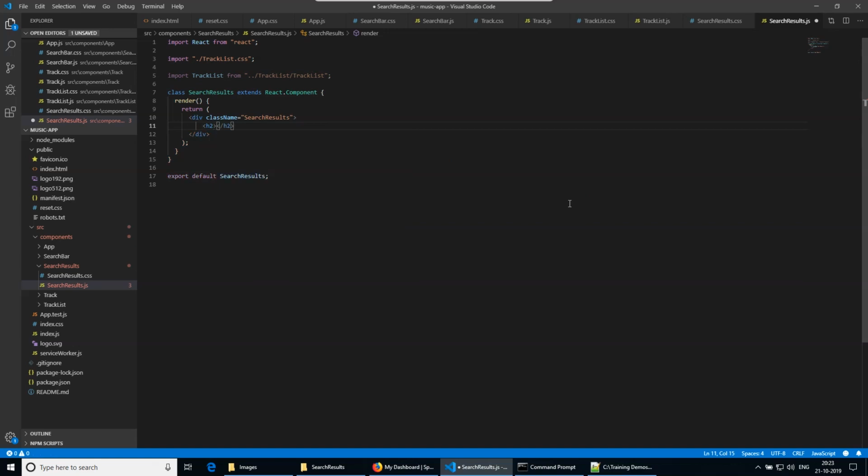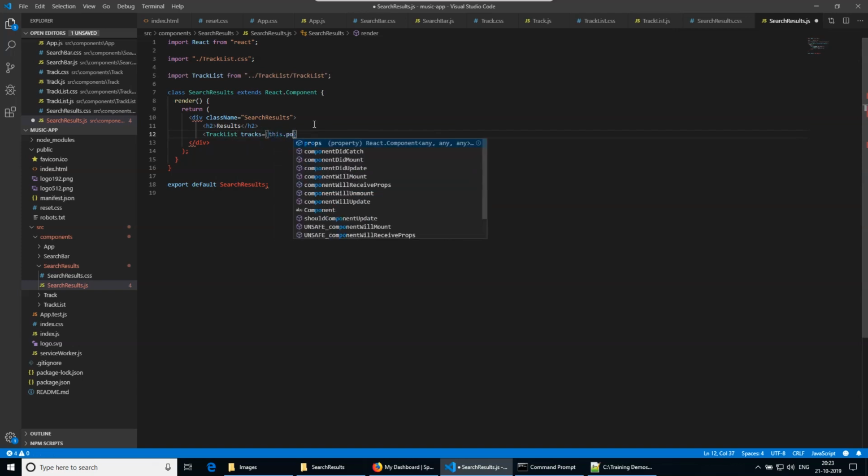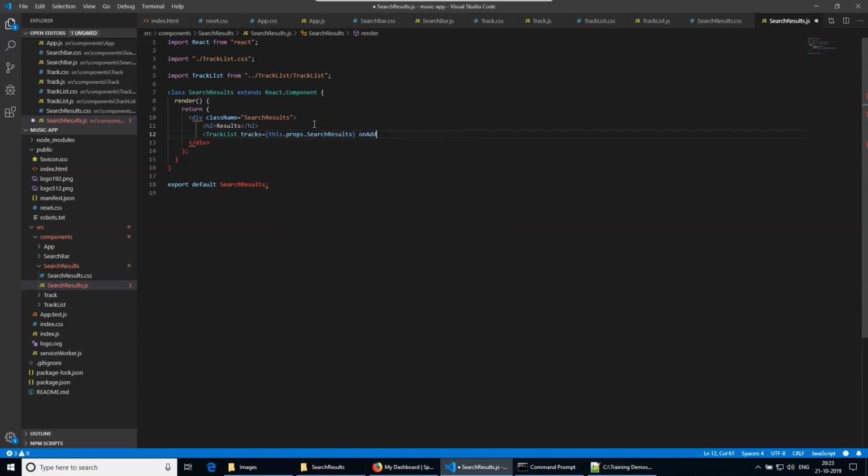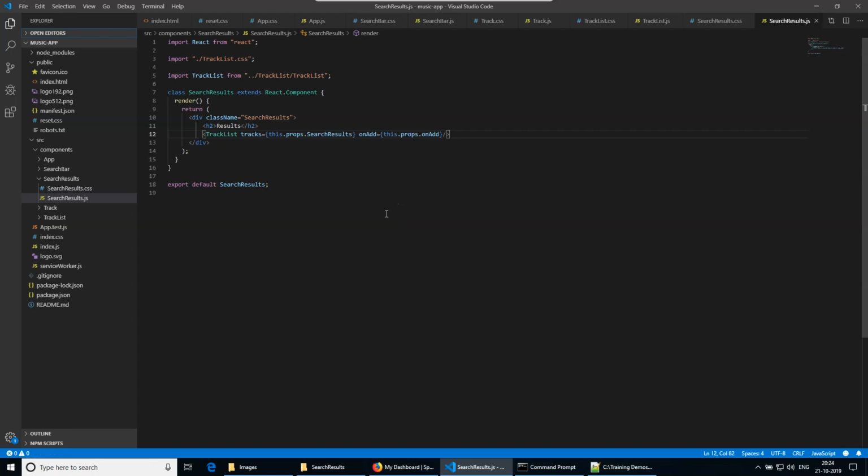Then we've got h2 with results. Let's go and create track list with a set of tracks, and we will bind it to this dot props dot search results. And on add, we are going to bind to this dot props dot on add. So we already have that. So that basically completes search results, and that leaves us with the last component, which is going to manage the